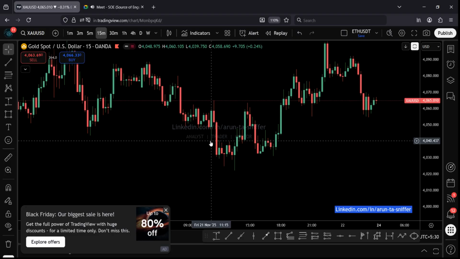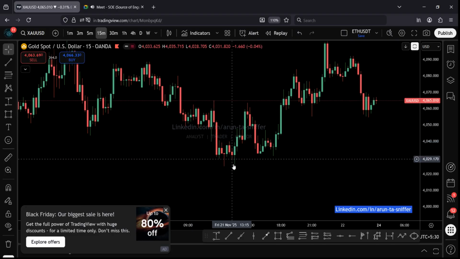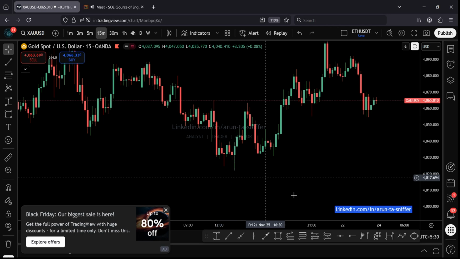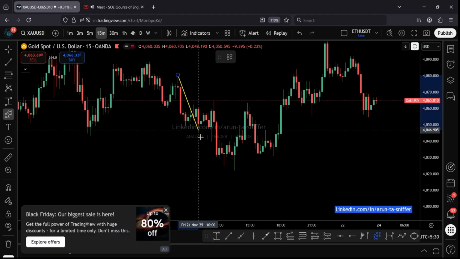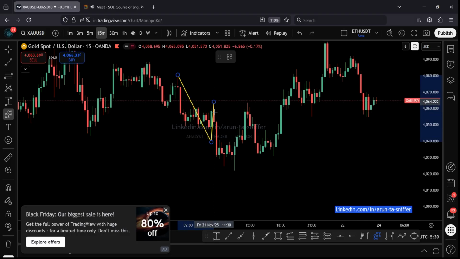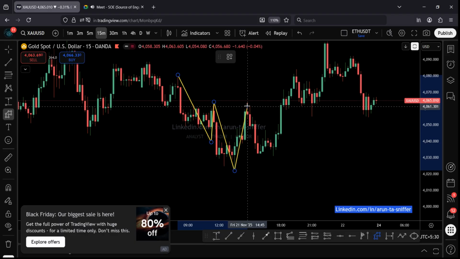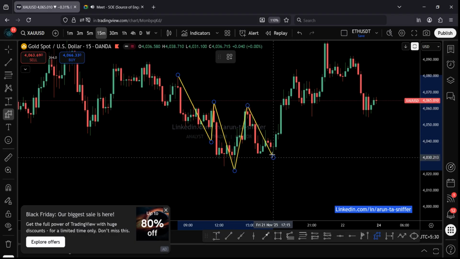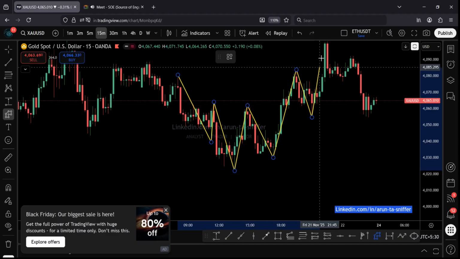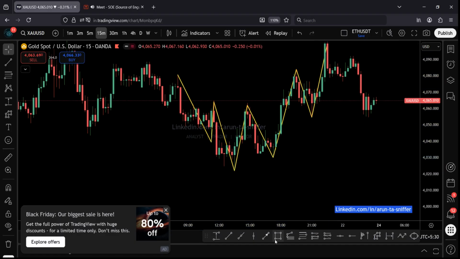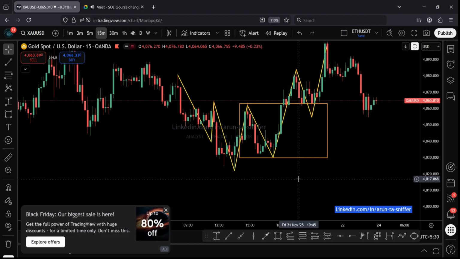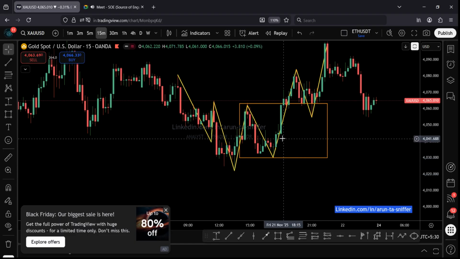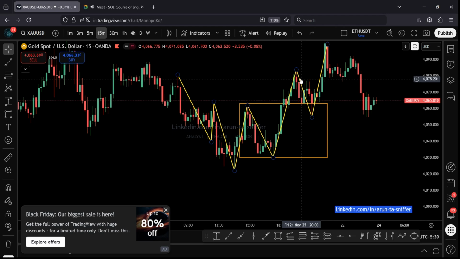Price comes down, makes a low, goes up, makes a higher high, makes a lower low. Price comes down, makes a high, makes a low, makes an LS, goes up, comes down, then goes up. Okay, so this will be our source of engulf, like this. So we will do some investigation inside this from where the price is reacting.